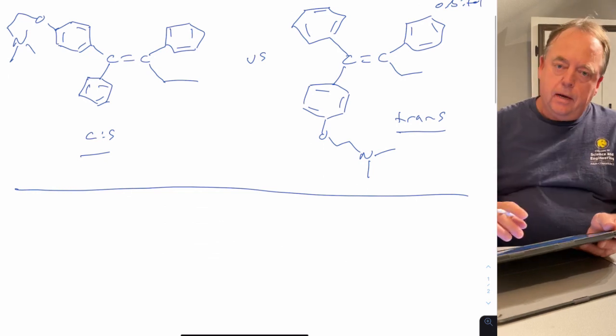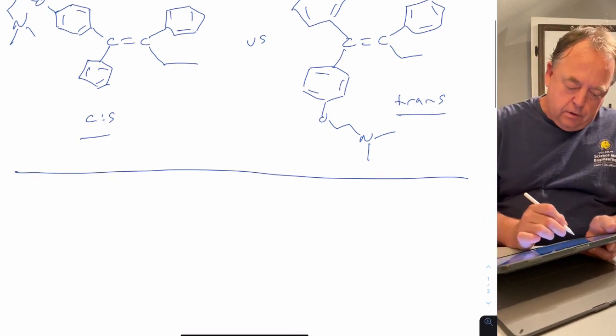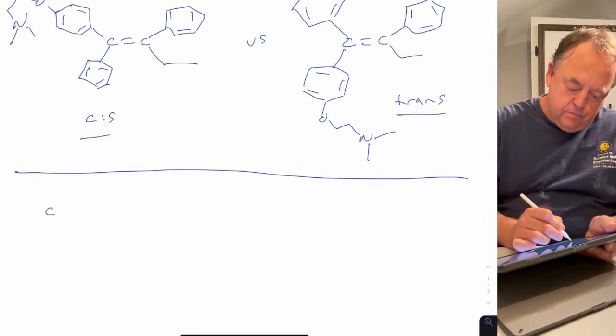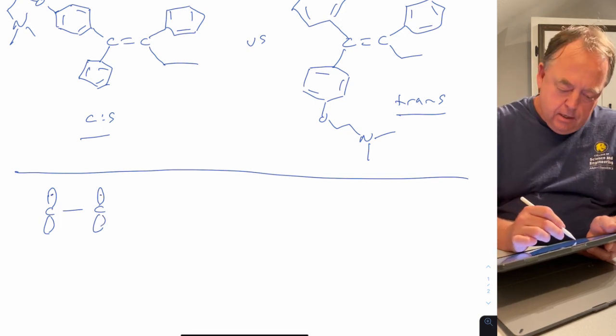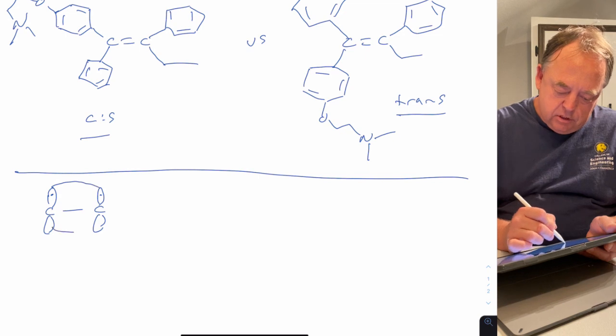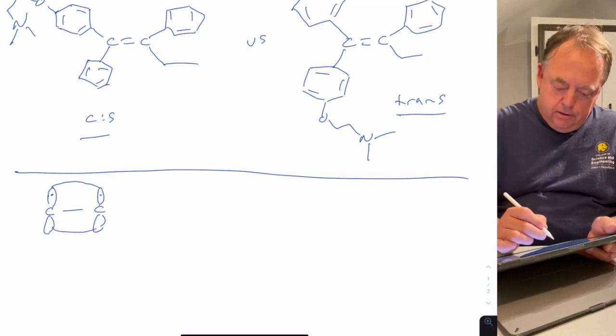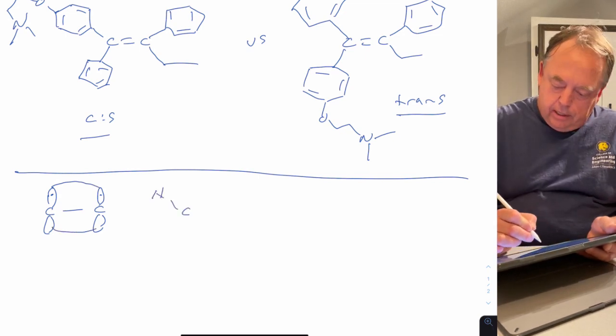Okay, so if you remember how pi bonds are formed, to make a pi bond you need p orbitals on adjacent carbons, and those p orbitals each have one electron in them, and those p orbitals are close enough in space that they can overlap side to side. So if we had a molecule like ethylene,